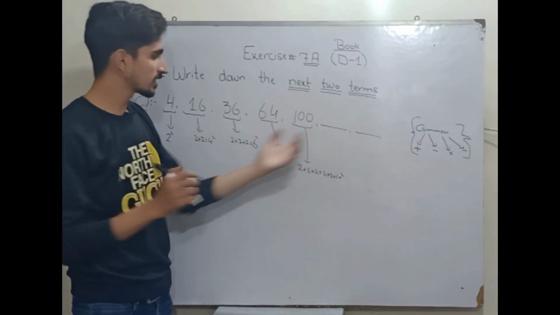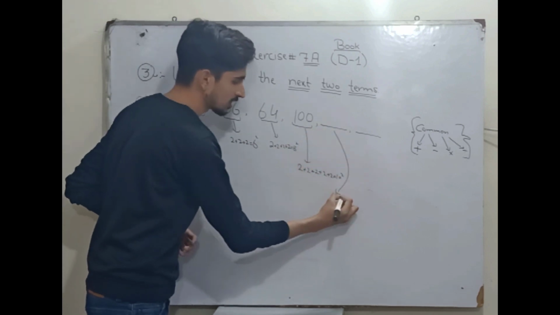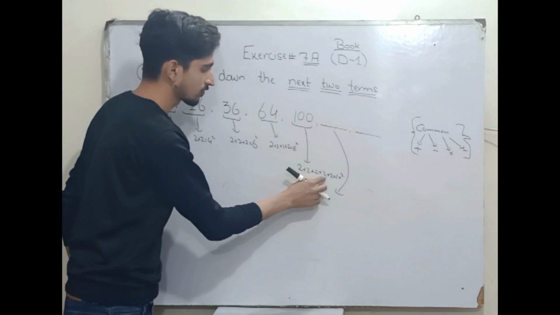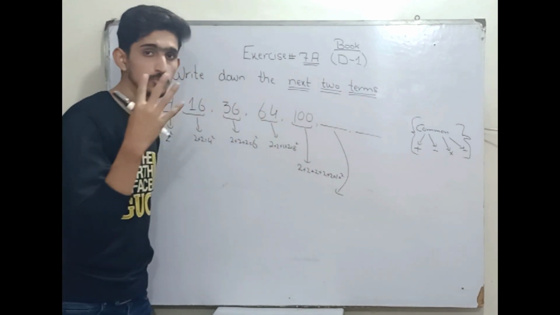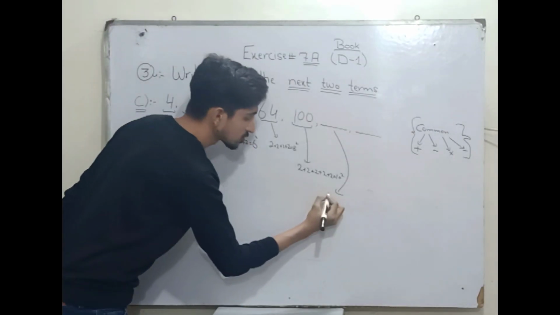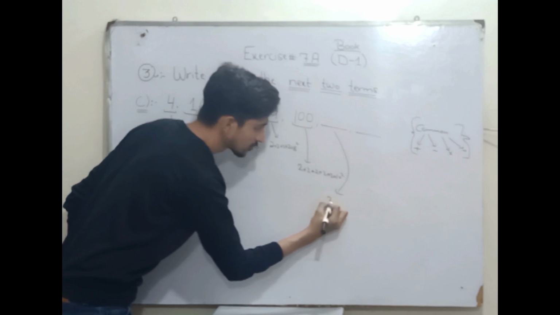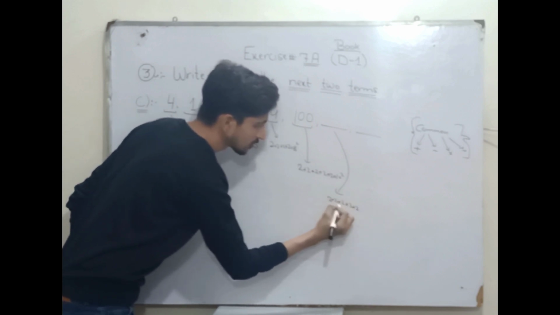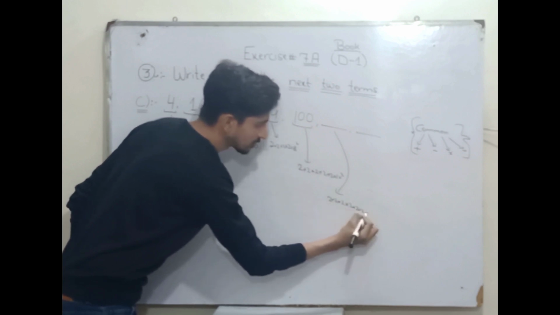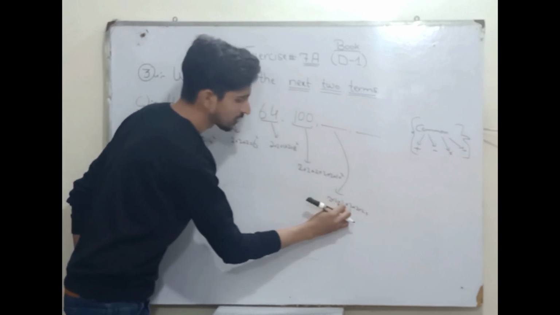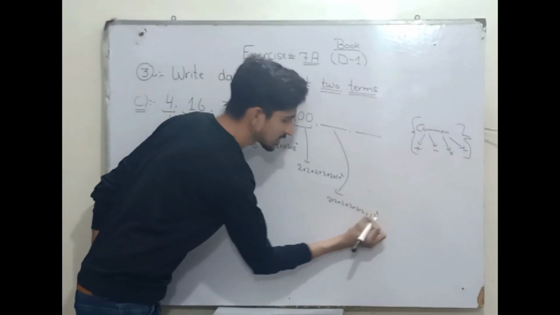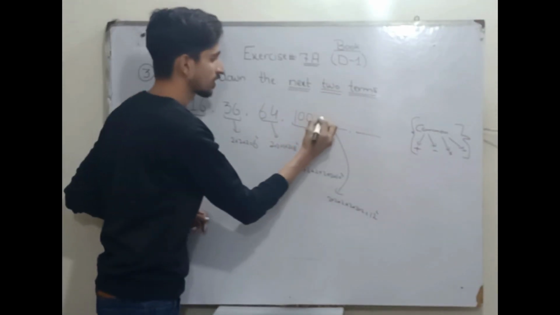Now how can we generate the next term? Here is 1, 2, 3, 4 and 5. Now we write 2 six times: 2 multiplied by 2 multiplied by 2 multiplied by 2 multiplied by 2 multiplied by 2. That will be 1, 2, 3, 4, 5, 6. It means that will be 12. So taking the square of 12, that will be our answer,